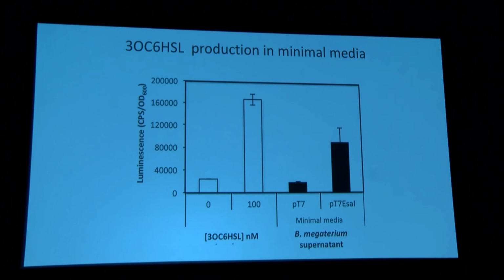And so this is a luminescent reporter system in E. coli. This is in the absence of acetylmyrcene lactone, and this is with 100 nanomolar. Here I'm showing you supernatants from Bacillus megaterium, either with an empty T7 vector or the T7 vector expressing ESA-I. And you can see now the supernatant from these cells does contain 3-OC6HSL, and we are seeing nice expression of the signal molecule. It did work quite well with the low temperature as well, but for real bioprocessing applications, we don't want to be having to run our experiments at 22 Celsius.